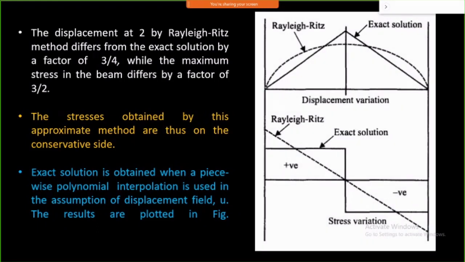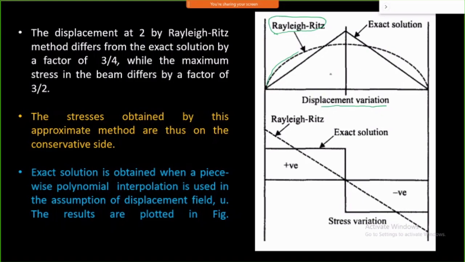This dotted line you can observe shows the behavior of the Rayleigh-Ritz method over the domain. The displacement field will vary in this fashion. But the exact solution is nothing but a straight line because we have only one application of the force. This shows the displacement variation. But in the case of the Rayleigh-Ritz method, you can observe this is going to happen because of our assumption.